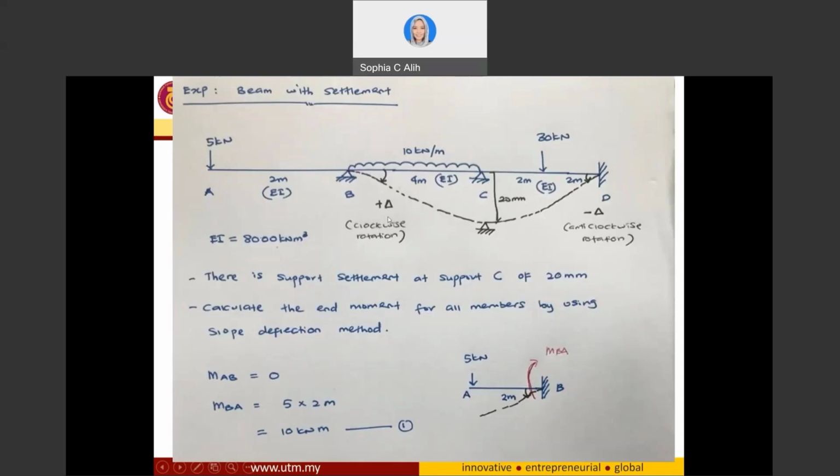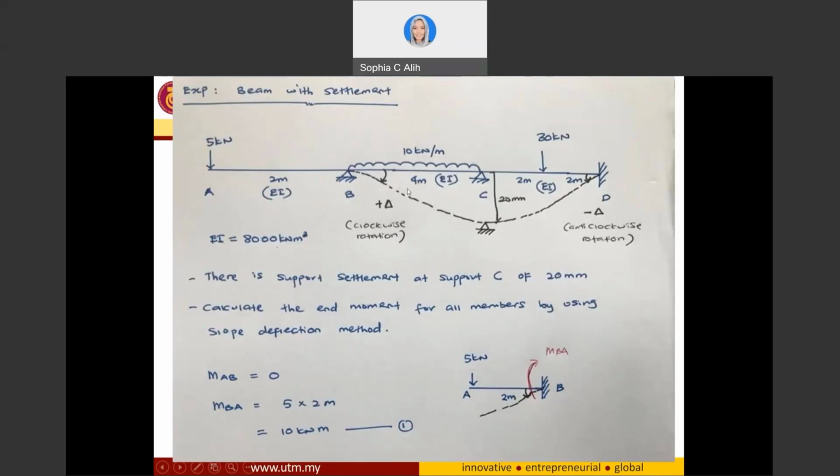So with this settlement of point C of 20 millimeter downward, your equation is going to be added in terms of the delta value. That's all. Now we are going to see how you are going to solve this problem just by adding this delta over here. Okay. So for this example,